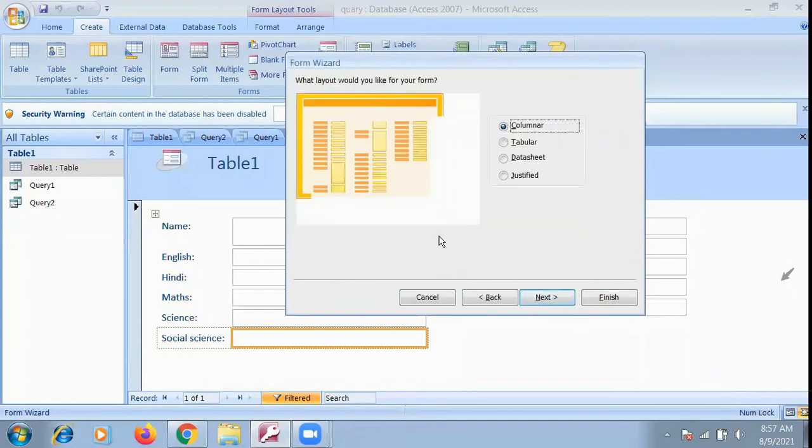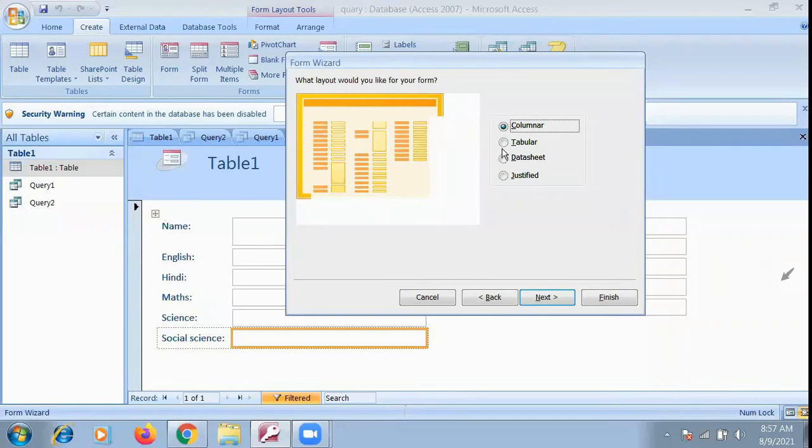Now I'll go to next, and here we can set our table format, whether it will be in column format or in tabular form. Tabular form means all the headings will come upward and the data will come downward. And in columnar, one column will be the heading column and another one will be the data column. Then in the next row also, a column will be the heading column. Heading means the name, class, section and subjects. And this will be the detail, suppose the name will be Sonam and marks in different subjects.